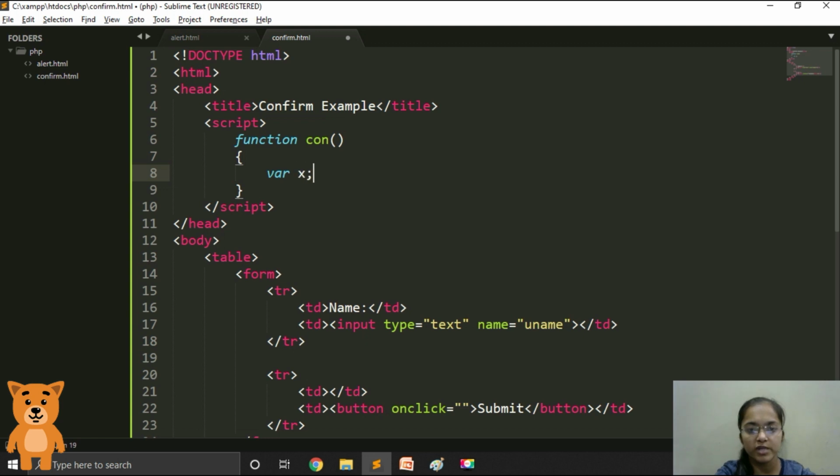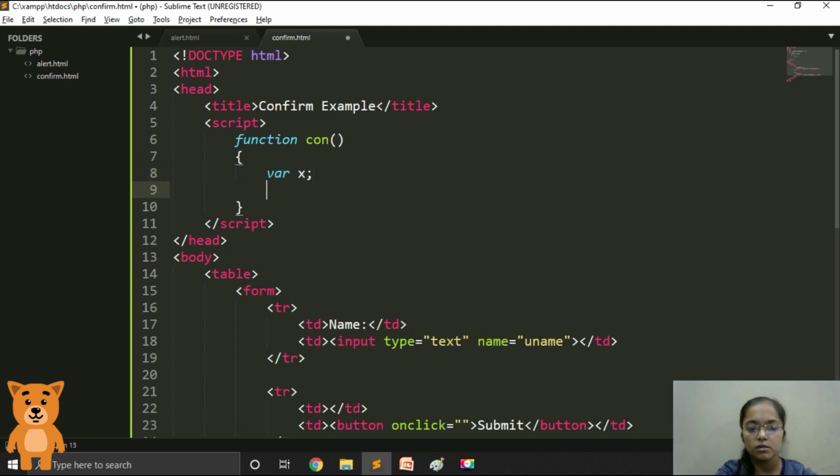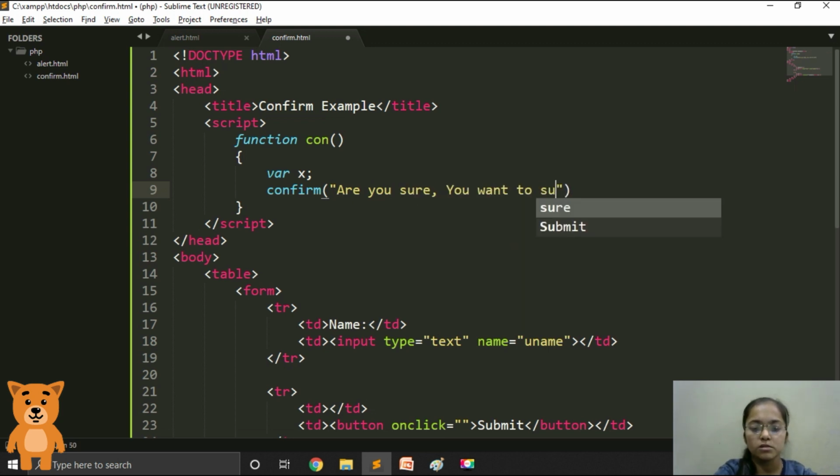So let's take a variable x, and then we will create a confirm dialog box. For that JavaScript provides the confirm keyword, which is an inbuilt keyword, like the alert keyword. And over here we have to type the message. So we will type: are you sure you want to submit the form?